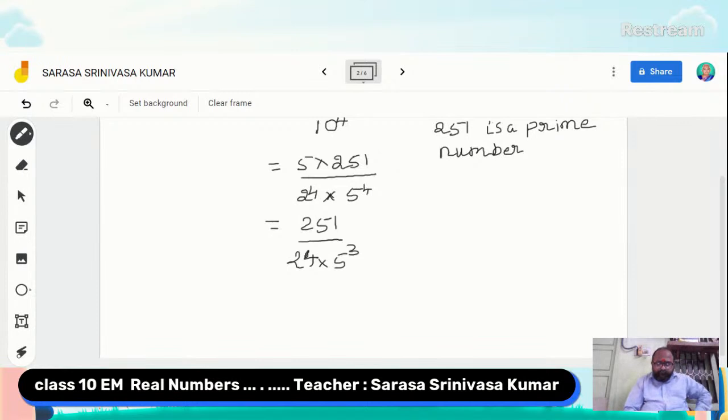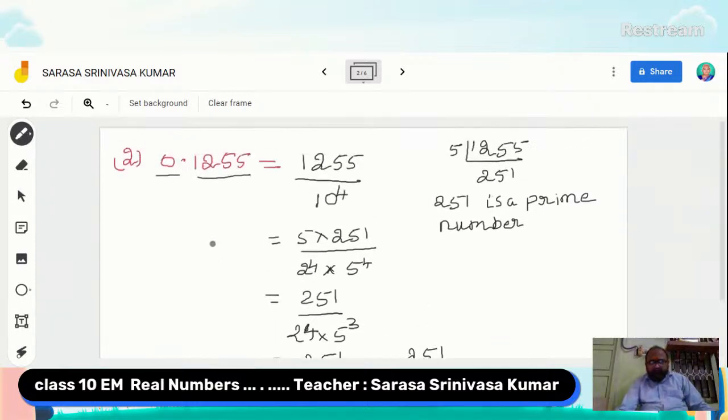Now, this is equal to 251 divided by 16 multiplied by 125. 16 multiplied by 125 is equal to 2000. 251 divided by 2000. So the given number